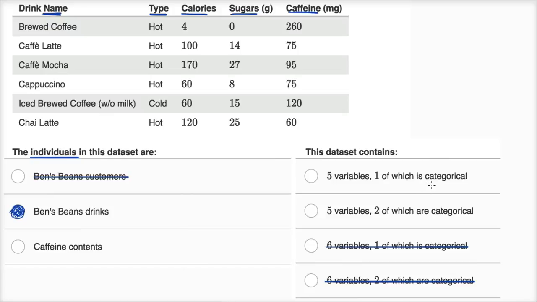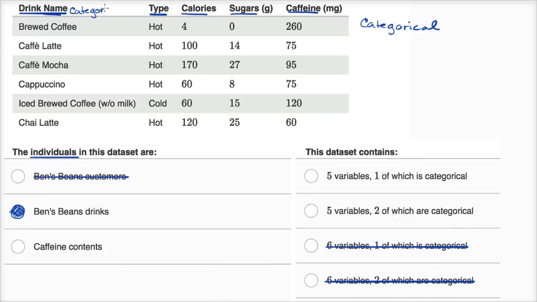And so how many of these are categorical? So a categorical variable, let me write this down. Categorical variable means that dimension of the thing you're measuring is going to be placed into some categories, or that variable takes on values that are the name of a category. So for example, drink name, this is a categorical variable because the values that drink name can take on, well, those are the actual names of the drinks. These are the categories. It could be brewed coffee, cafe latte, cafe mocha, cappuccino, so on and so forth. So this one right over here is